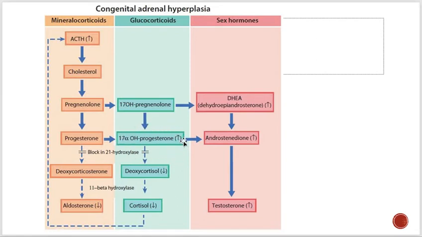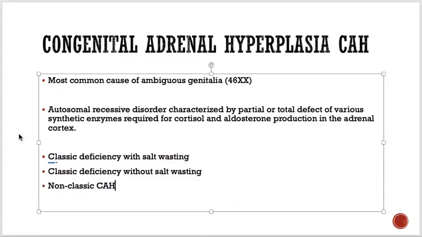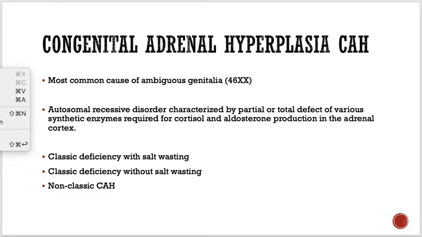Okay. When we do the bloods, we'll find ACTH will be high. We'll find hyponatremia. We'll find hyperkalemia. We can find hypoglycemia because the cortisol is less. We can find this one higher and these things higher in the blood. And when we do ultrasound, what will we find? We'll find that the adrenal glands have hyperplasia. Okay. So this is how they present, and how we treat them is simply by